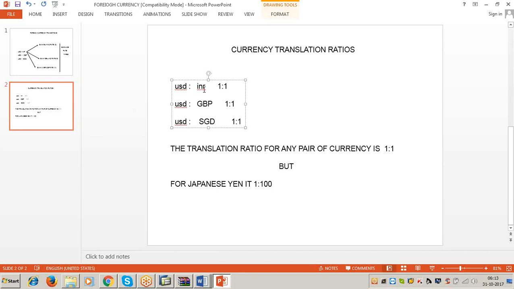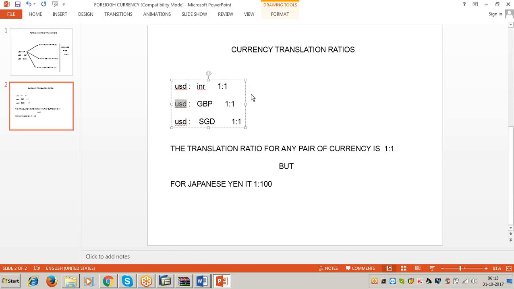Means what? Singular unit of Indian rupee is to be converted into singular units of USD. US dollar is to GBP is equal to 1:1 means singular unit of GBP is to be converted into singular unit of USD.